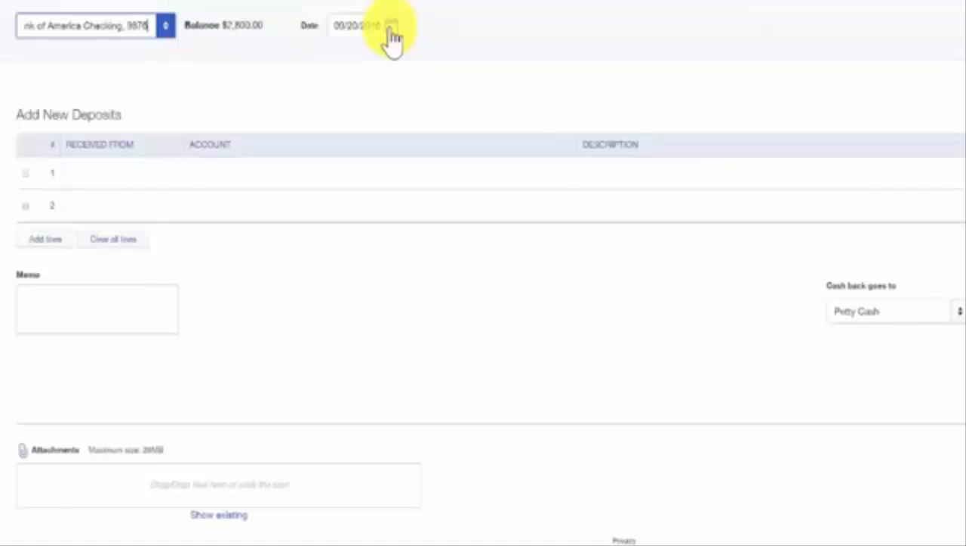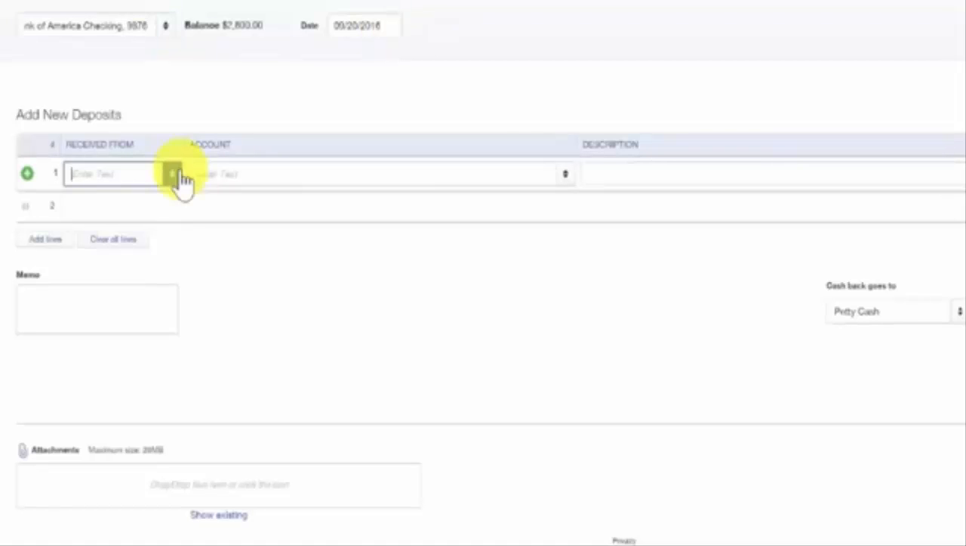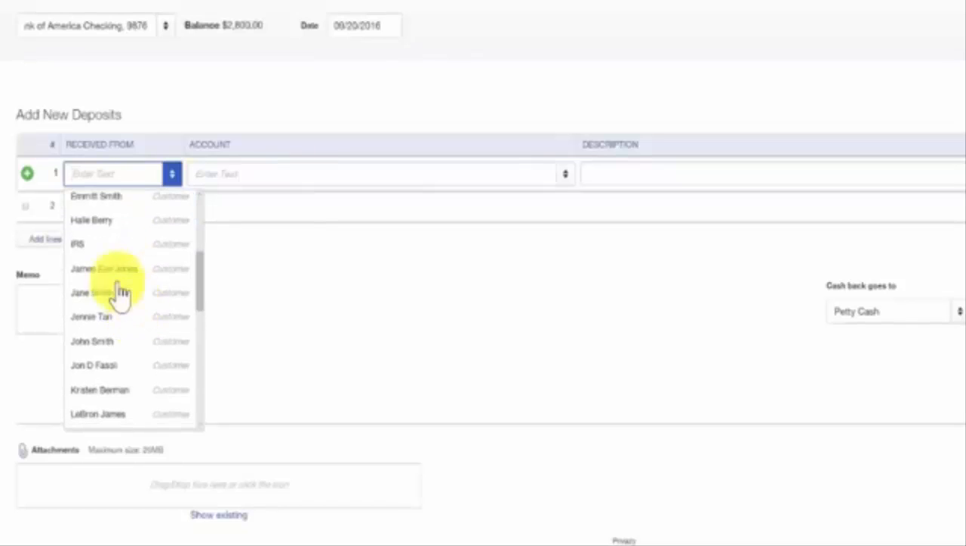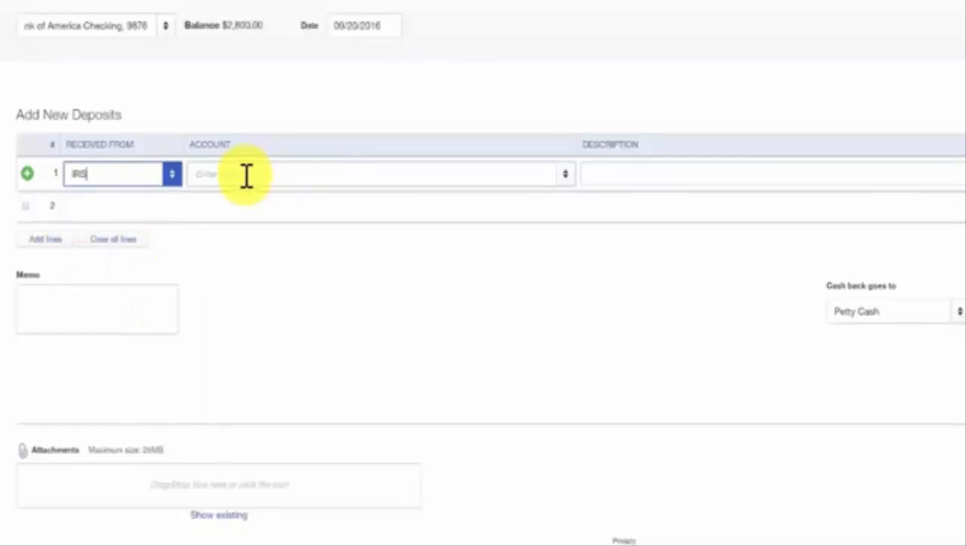In the Received From area, we want to go ahead and select from the drop-down the person or business that you received the check from. If you have not set up this person in QuickBooks, you can do so here by clicking the drop-down and selecting Add New. In the Account field, we want to select from the drop-down the account that we want to